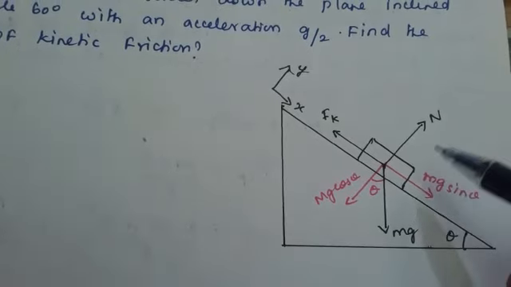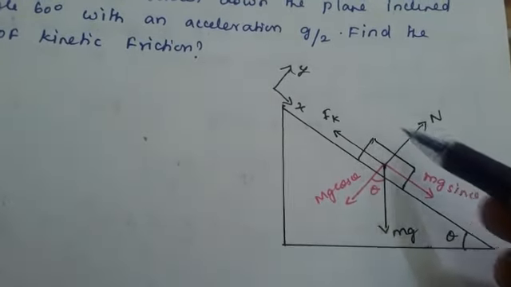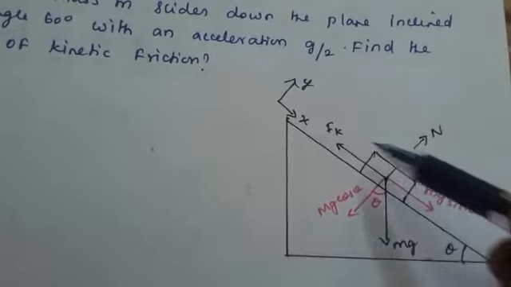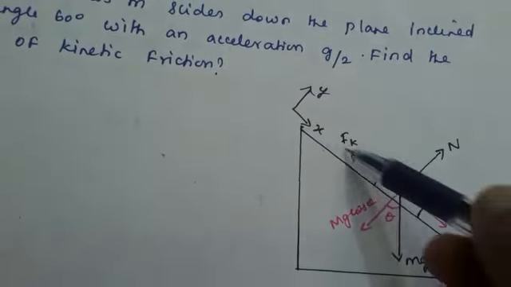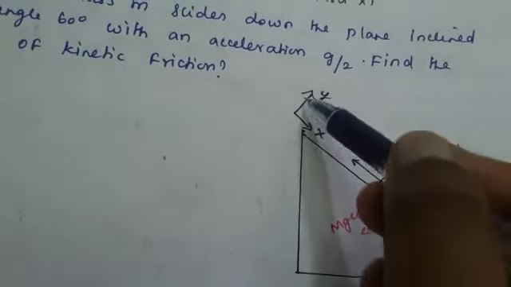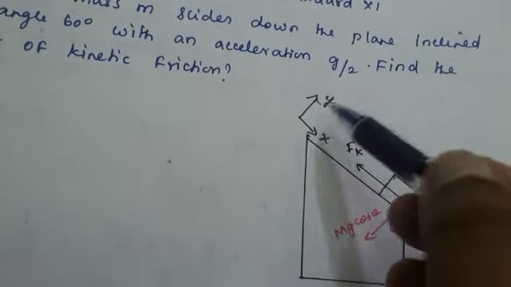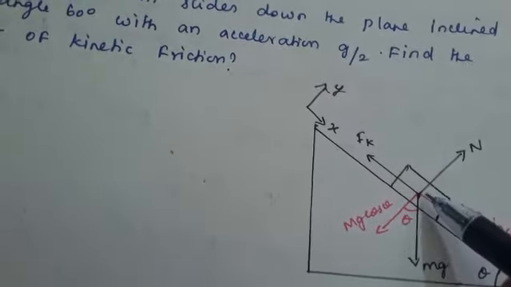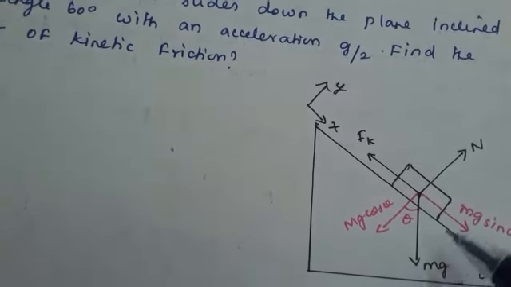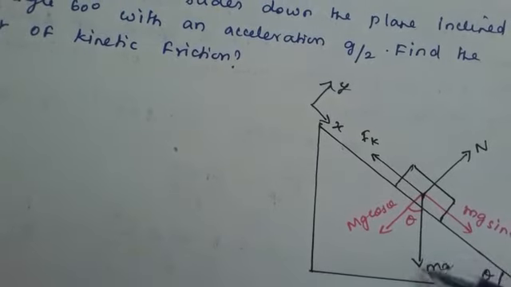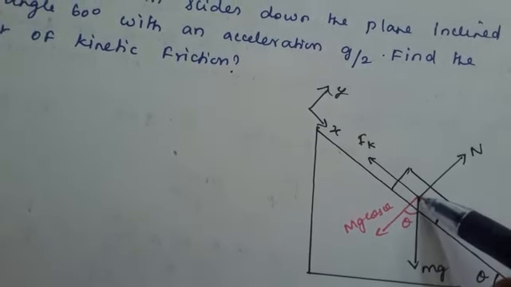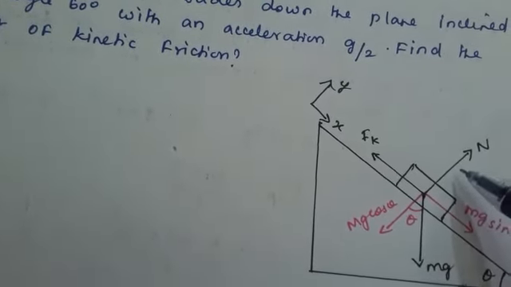Now, as the block is moving on the surface, the kinetic friction is acting here. The block is moving in the inclined surface. So the kinetic friction is acting here. This is F kinetic. Okay. So this is your x direction and this is your what? Y direction. Now in the block, what are the forces acting here? Here there is a gravitational force acting. The gravitational force acting is what? Downwards.